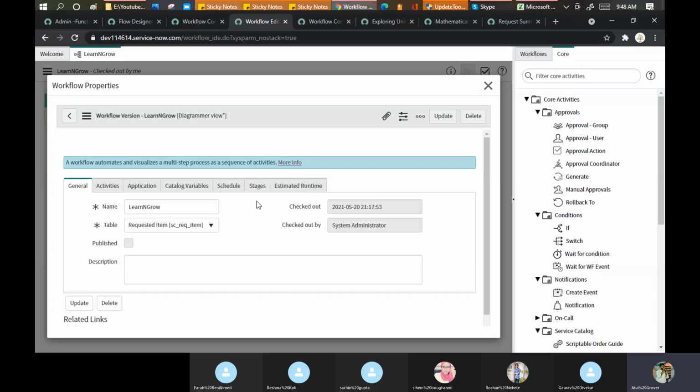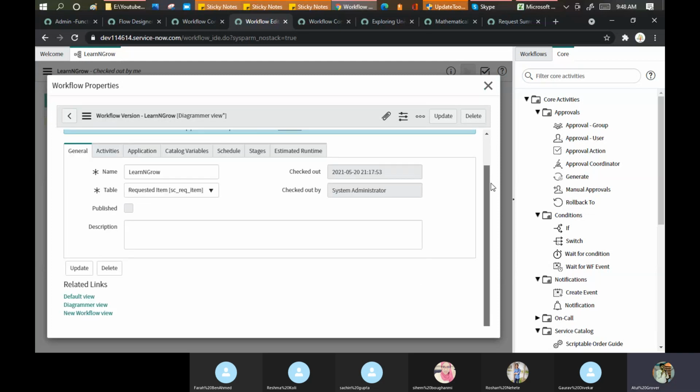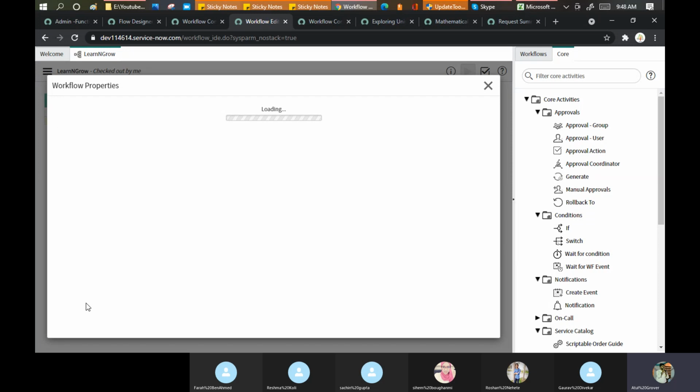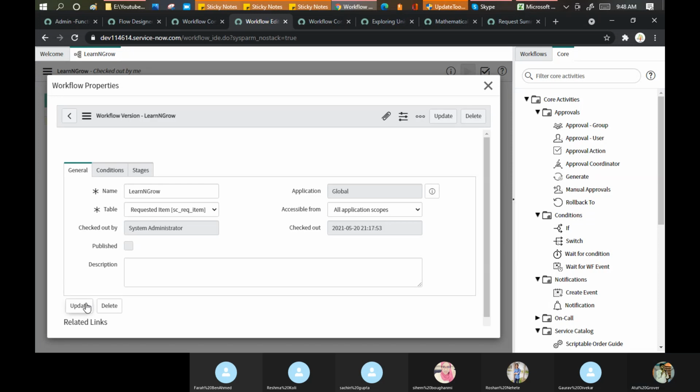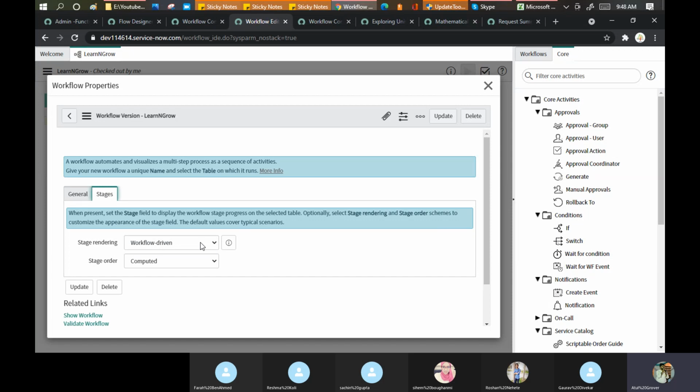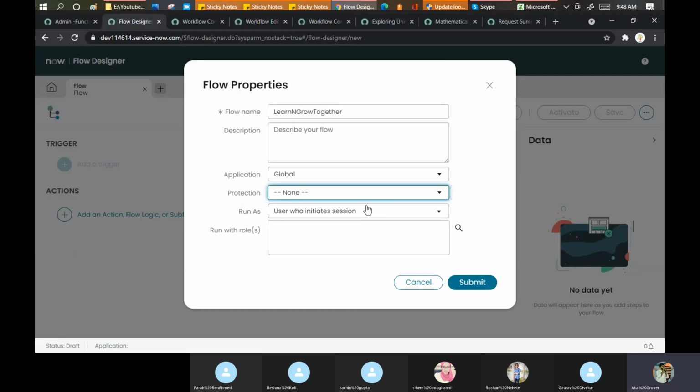Go for the journal. Okay. Yeah, that is a diagram or default view. Maybe I missed something, that we have stages. Stages saying the workflow driven computed. So something similar we have in the flow.